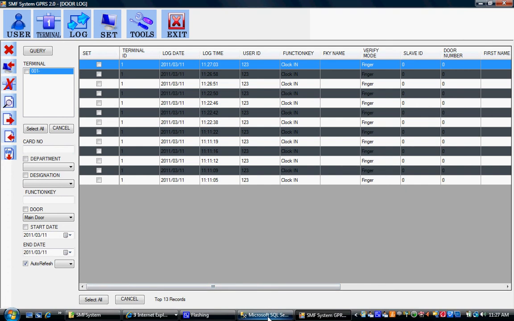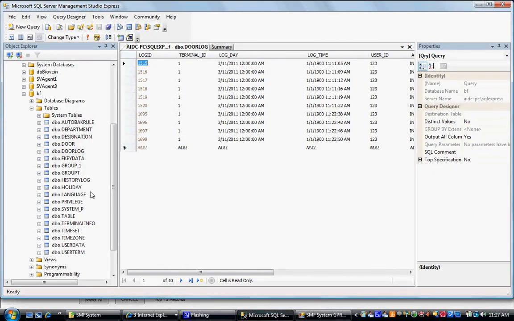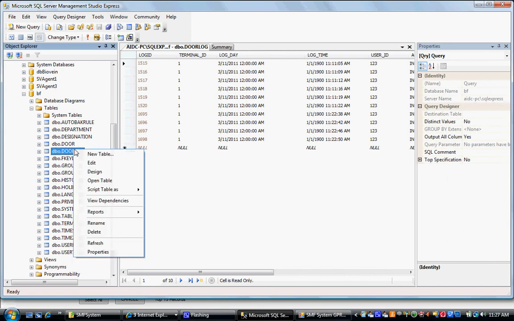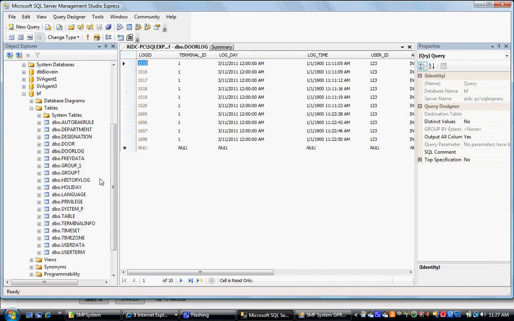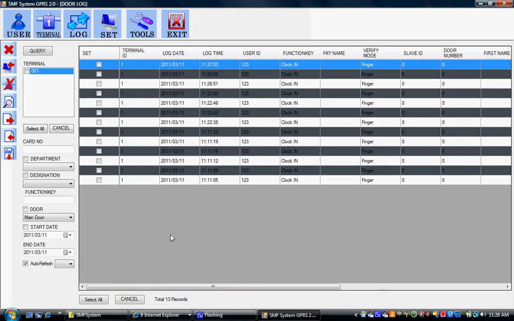We can simultaneously check the logs updated at the SQL database. So the recent log 11:27 is updated on the SQL server simultaneously. This is how the GPRS works for getting the transaction logs and updating the SQL database.